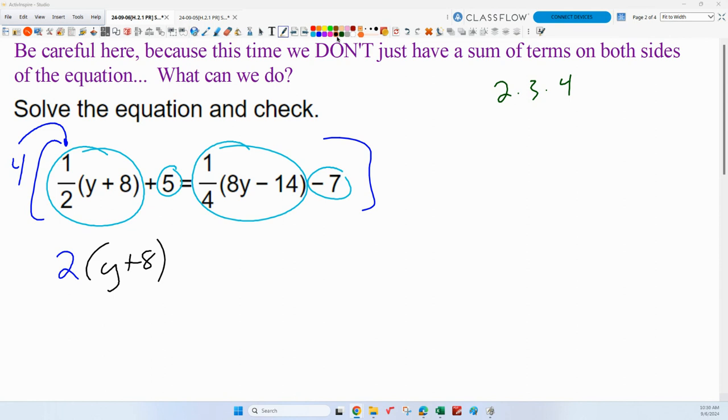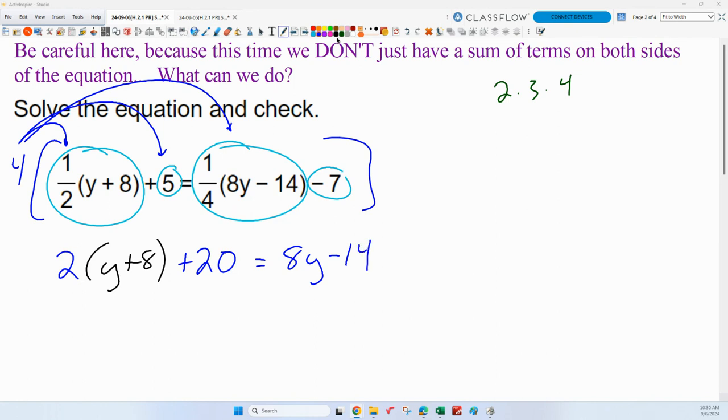Okay. Now I have to distribute the 4 to that term, and what's it give me? 20. Equals, what's going to happen when I distribute the 4 to that term? Yeah, okay, it's going to cancel the 1/4, isn't it? 4 times 1/4 gives me 1. So I'm just left with